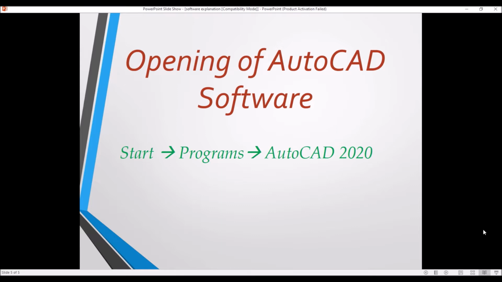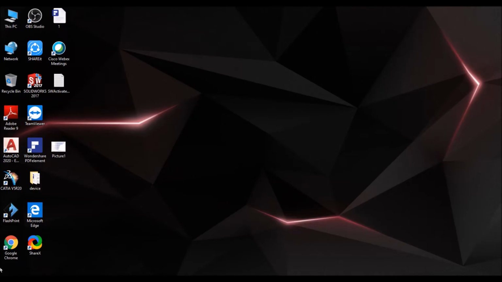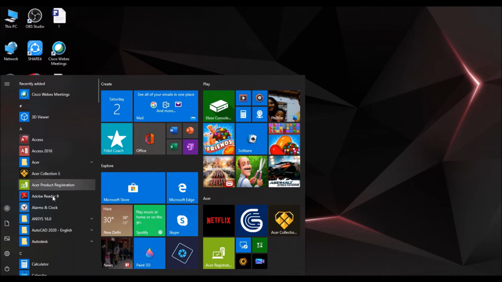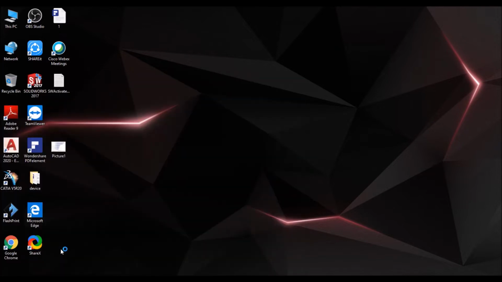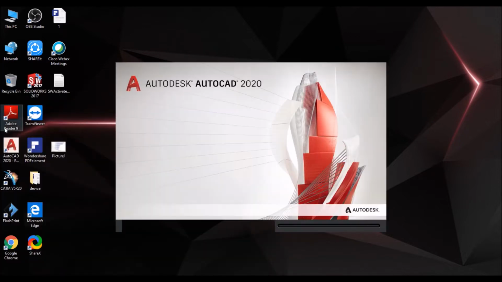Okay, now we will go for opening the software. Go to Start. So these are the programs. Here we can see AutoCAD 2020. From that you can click the AutoCAD software, or else you can see the shortcut on the desktop. Just double click on it and you can open the software. As it is loading,